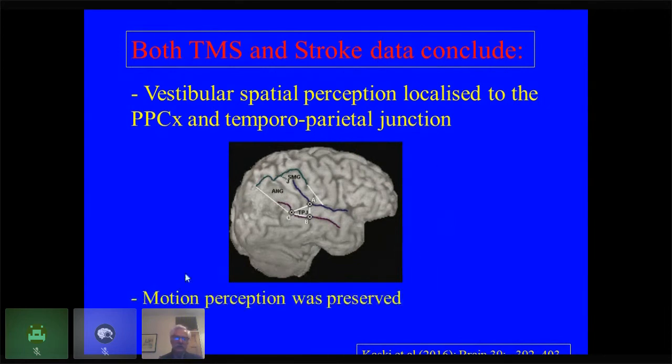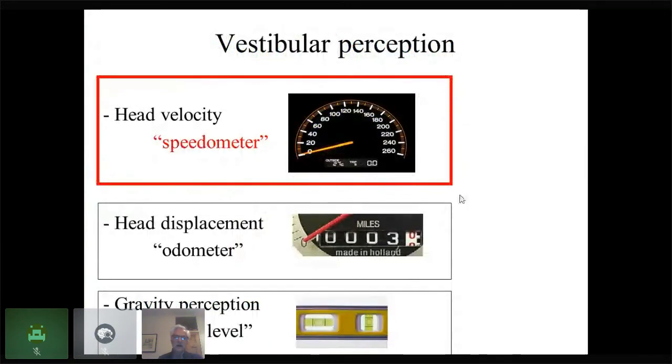What was interesting in this study is that motion perception, which was separately investigated, was preserved. So the perception of the velocity of self-motion was preserved, which indicates that velocity and spatial perception are dissociated in the brain. So, talking about head velocity, the speedometer function of the vestibular system and the brain,